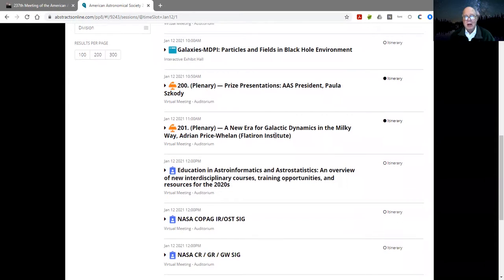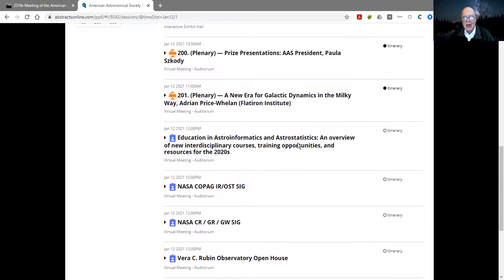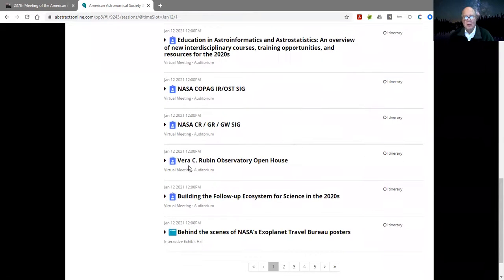Down here, a new era of galactic dynamics in the Milky Way. The Milky Way is our galaxy, and that's it right back there over my shoulder in the sky. Here's another talk on the Vera C. Rubin Observatory. It's an orbiting spacecraft that will study the stars, and it's named after Vera Rubin, who was one of the discoverers and one of the people who really nailed down the existence of dark matter. We'll learn about that later in the semester. But it was just a great meeting.